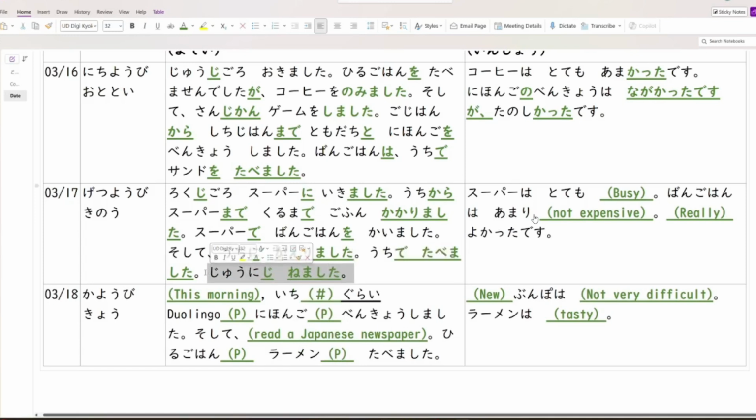Could you read that for me? Yonde. 12時nemashita. はい、正解です。